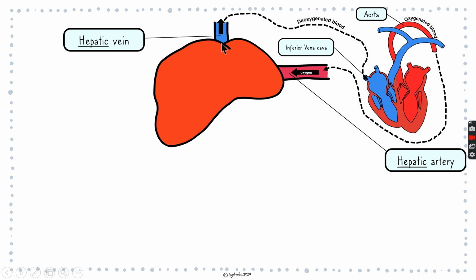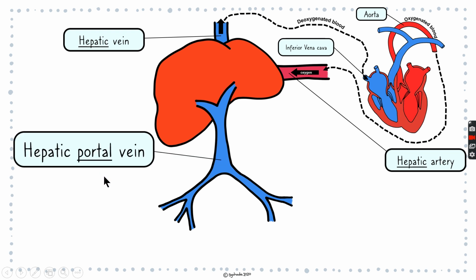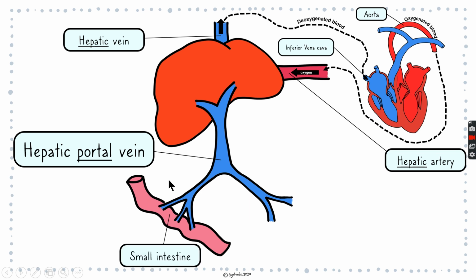So this means that the blood from the liver will then move out from the liver and into the vena cava. And then after that, it's going to go through the cycle, the circulation. We also looked at another blood vessel, which is called the hepatic portal vein. And this is actually connected to the small intestine and also the large intestine, but we're going to focus on